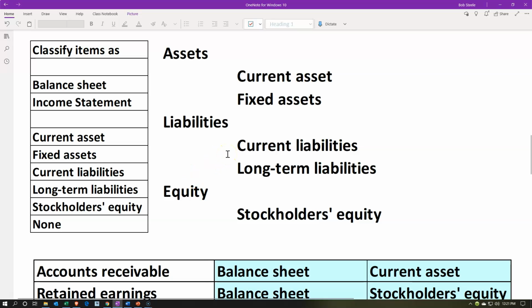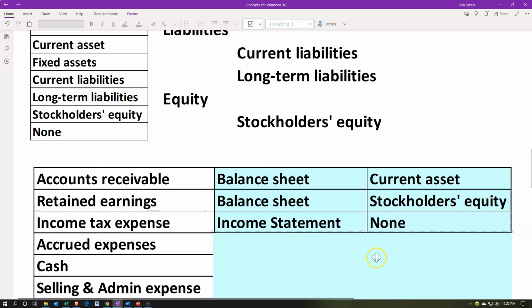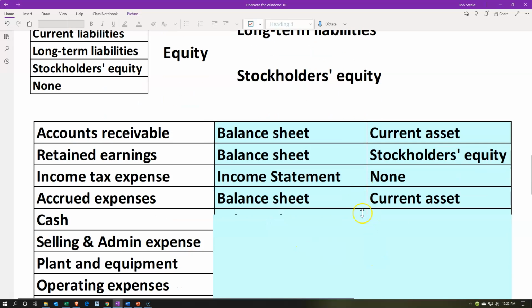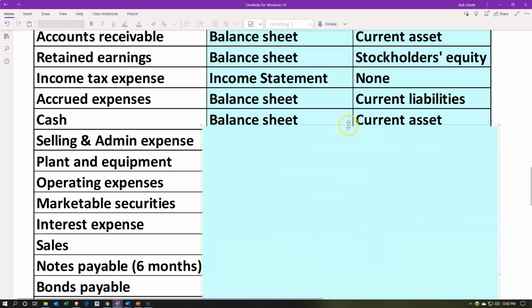Typically, those types of expenses that have accrued will be short-term. In other words, they will be due within a year, and therefore they're going to be current liabilities. Then cash. So we have the cash there as well that we took a look at, and then we have the selling and